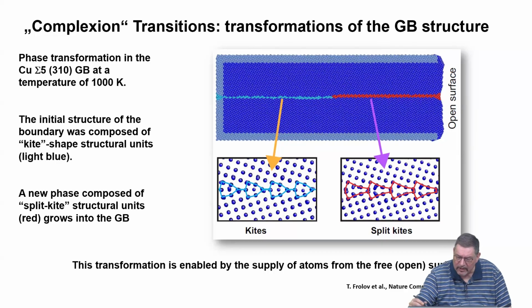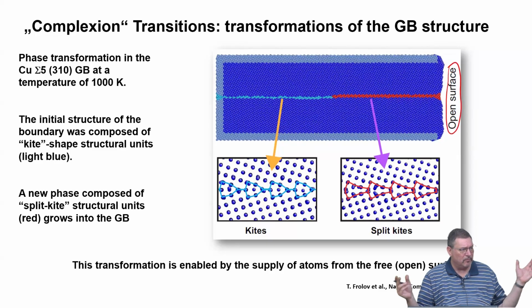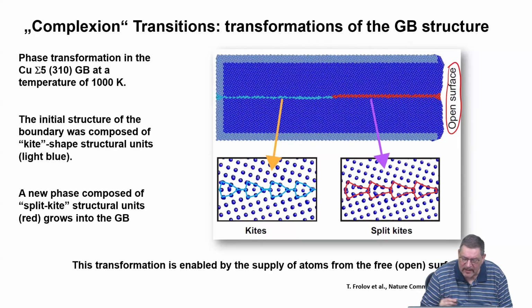Very importantly, it is connected to an open surface, so excess volume can be exchanged with an infinite source or sink. Doesn't matter. And what you see here is a region where the atoms have different color. This is the grain boundary. And you see they have 2 different colors, red and lightish blue. And if we zoom in, as shown here in the bottom parts, this one,